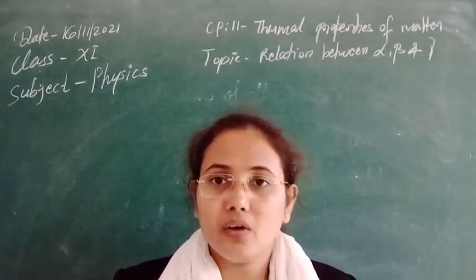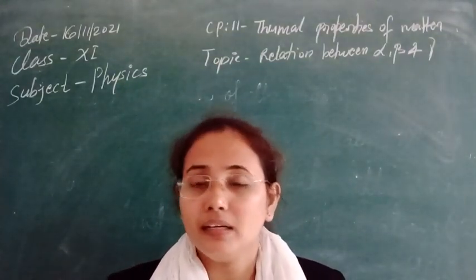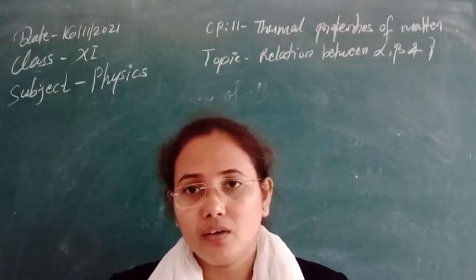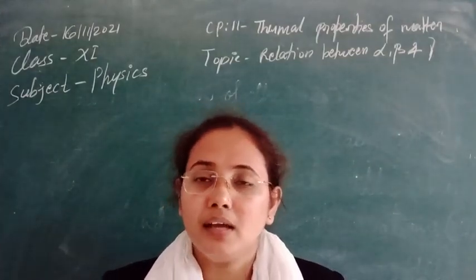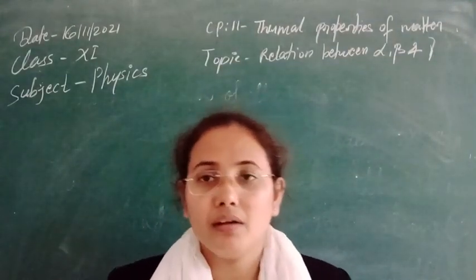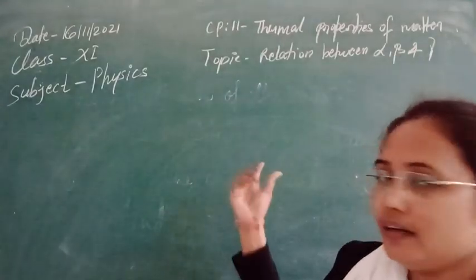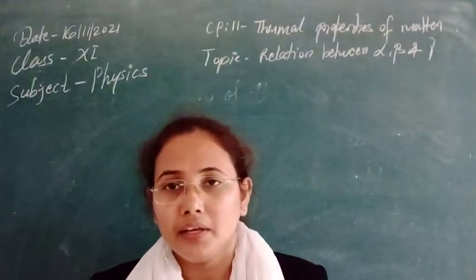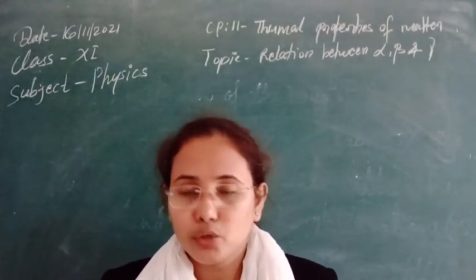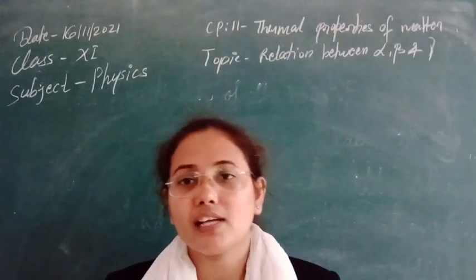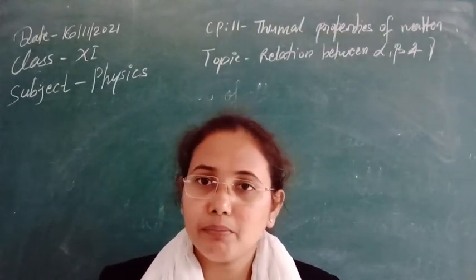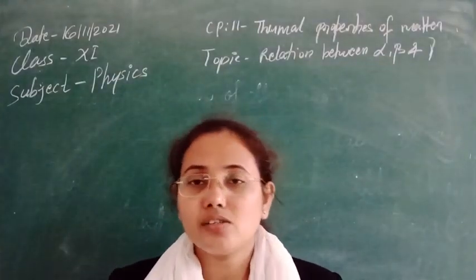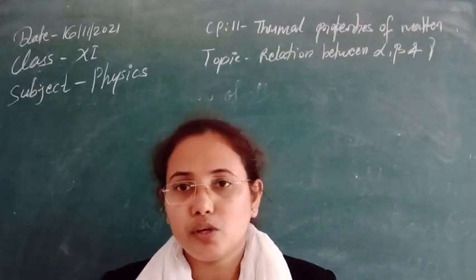So today, as we have defined three coefficients of thermal expansion, that is coefficient of linear expansion alpha, coefficient of area expansion beta, and coefficient of volume expansion gamma, we can see now the relationship between alpha, beta and gamma. If there is all types of expansion in any solid, like a cube, the cube will have surface area, length as well as volume. So all kinds of expansion can be produced in three-dimensional solids, and we can relate these three coefficients together for these solids.